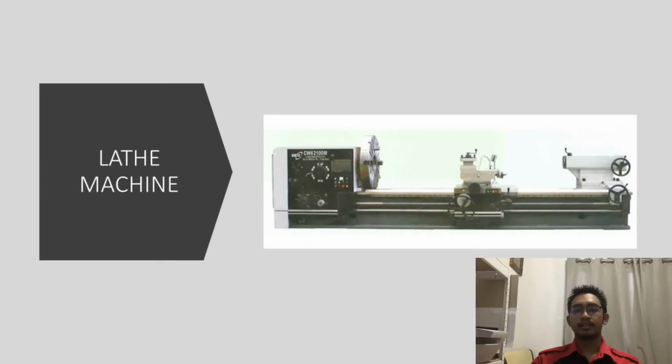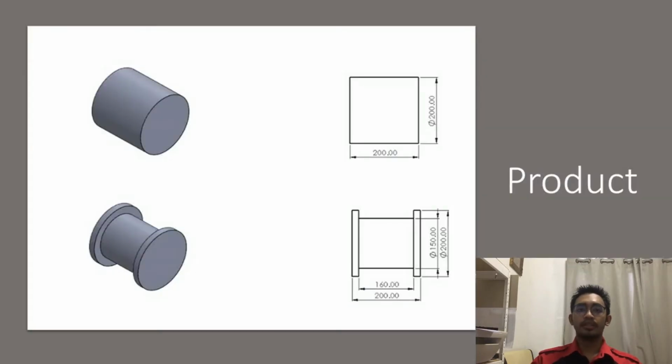My name is Muhammad Nur Imamin Johari. I'm going to explain about the programming for the lathe machine. So the machine that will be used is Gemback CWM. The limitation for the material size is 200 mm times 200 mm.